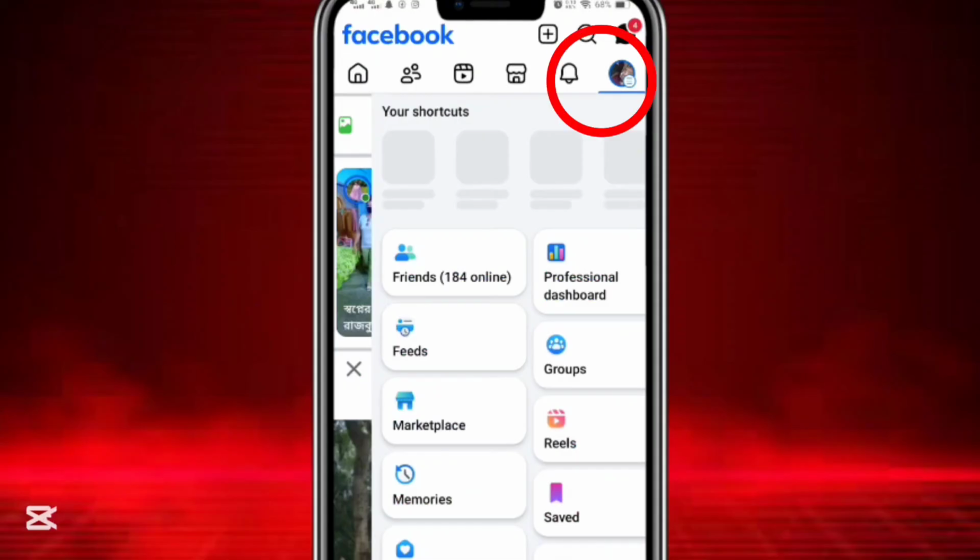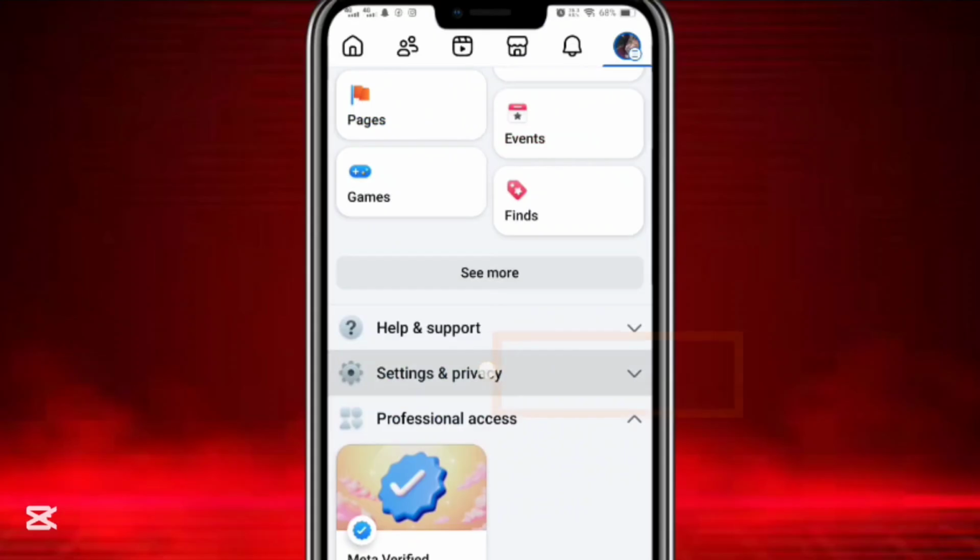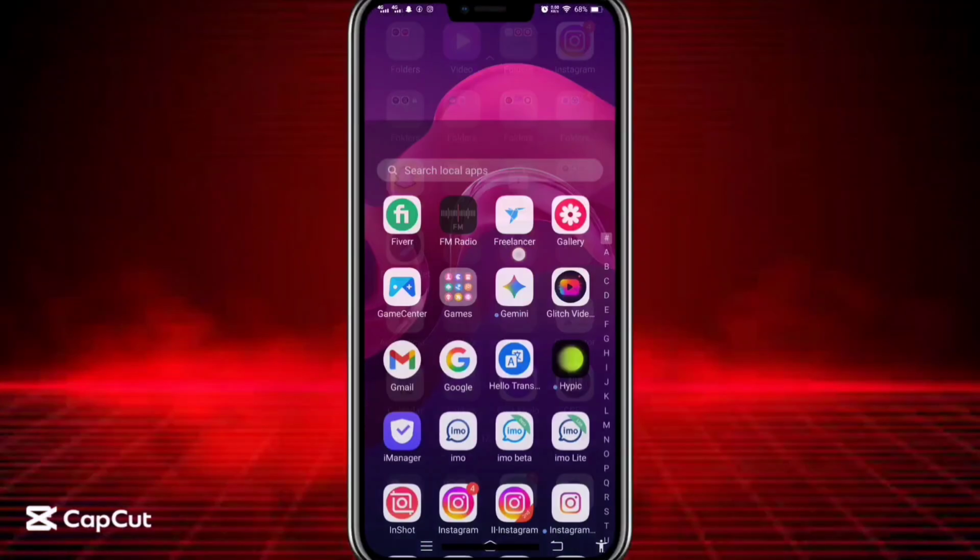See the top right corner, the three-line menu. Tap on it. After that, scroll down and find this option, Settings and privacy. Tap on